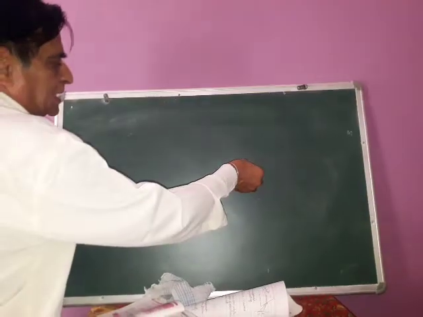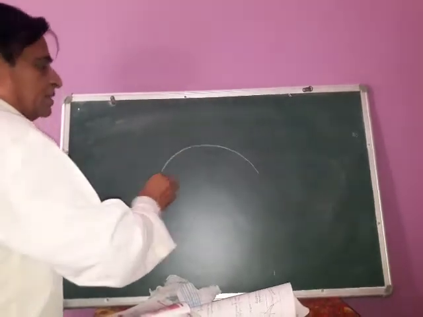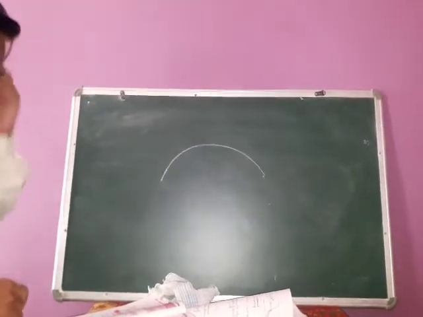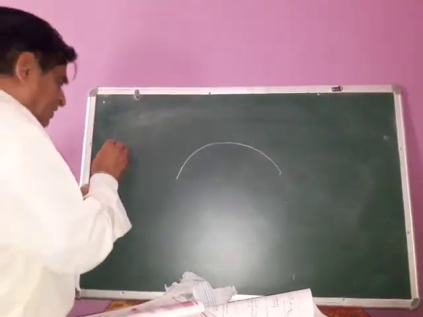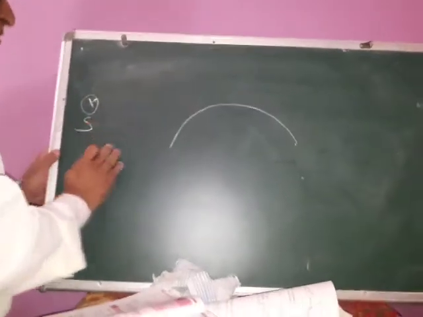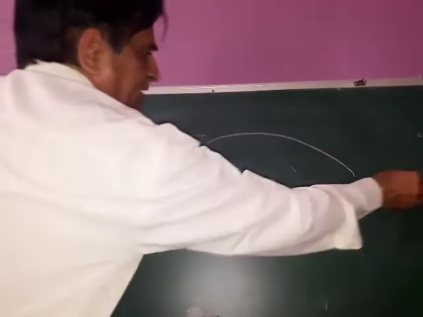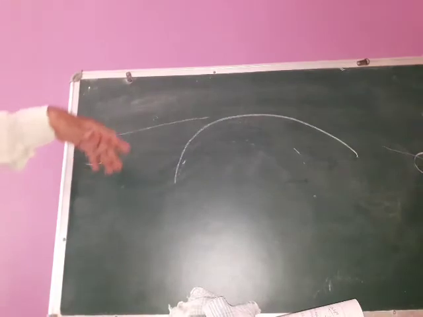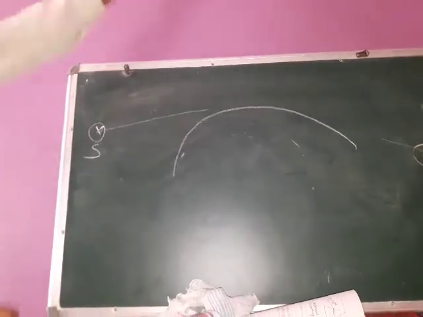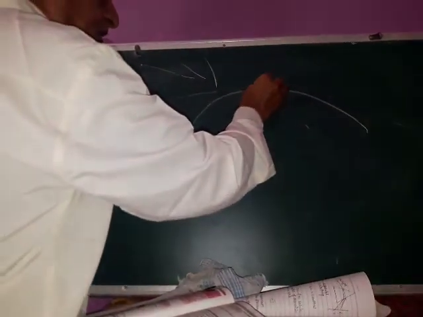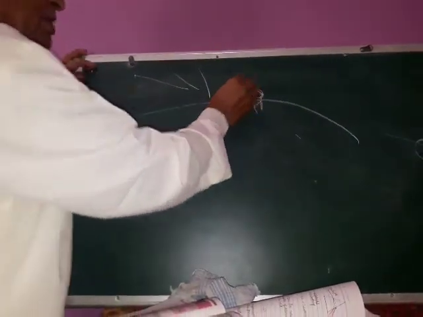Second application is why the sun looks red in the evening or in the morning. Because in the evening or morning, when this is the position of the sun and this is the position of the earth, the sun has to cover a longer distance in both cases. As we know, blue light will scatter, blue light will go in the atmosphere, and if some person is there, here you will get only the orange or red light.